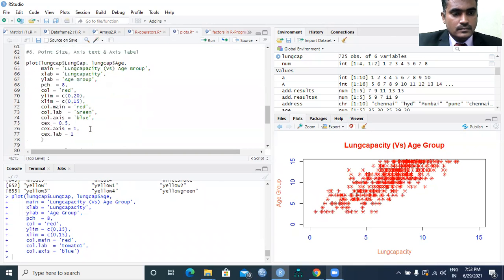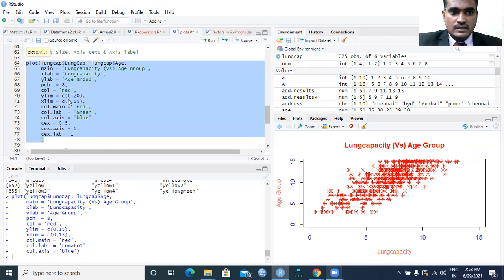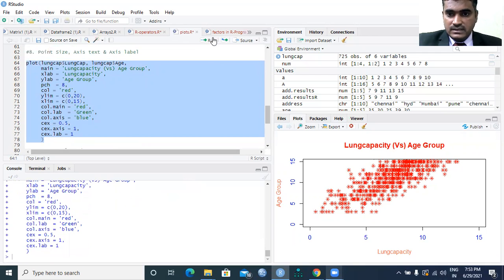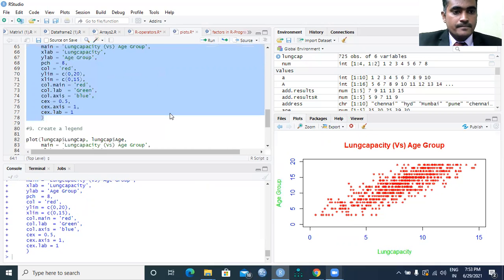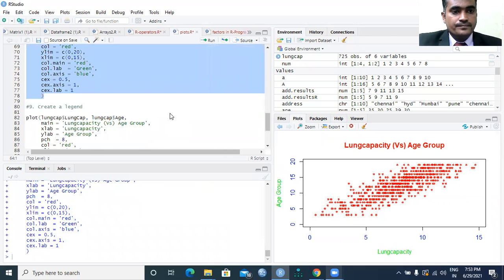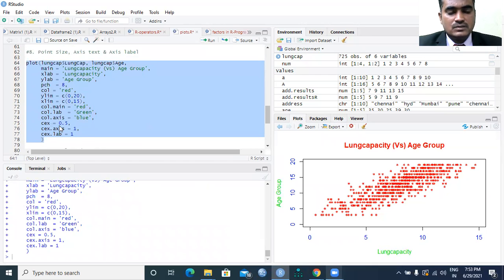Even the point sizes on the x-axis and the point sizes on the y-axis can be given. So there are many parameters and attributes we need to use for creating this.